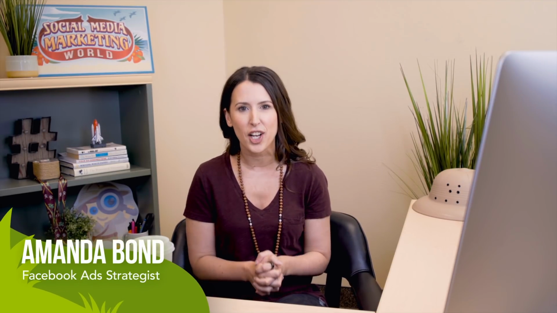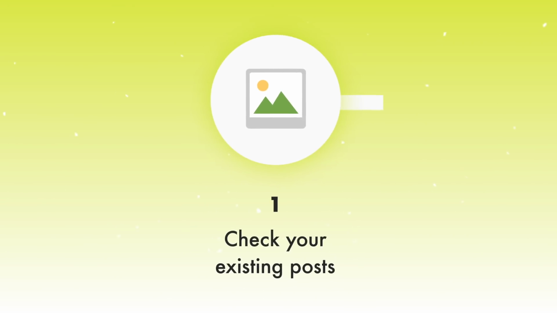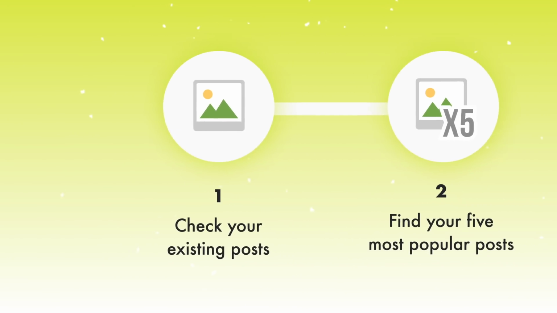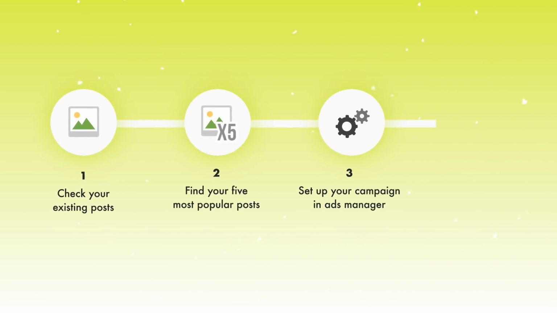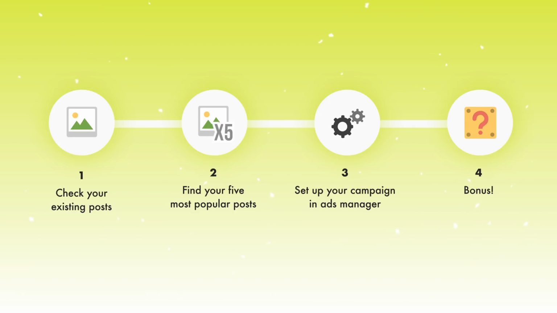So in this video, I'm gonna teach you how to create a $5 a day ad sequence so that each and every person that interacts with you on your Instagram business profile will automatically be guided towards becoming a customer. First, we're gonna take stock of your existing Instagram posts to see what's already working. Then we'll jump into Ads Manager together to set up this quick and easy campaign. But be sure to stick around to the end because I'm gonna be sharing with you my favorite Instagram organic growth tactic to put this on overdrive.